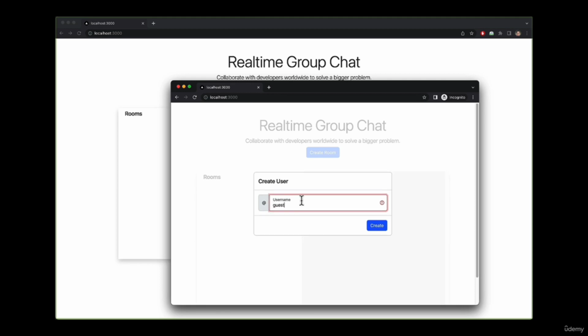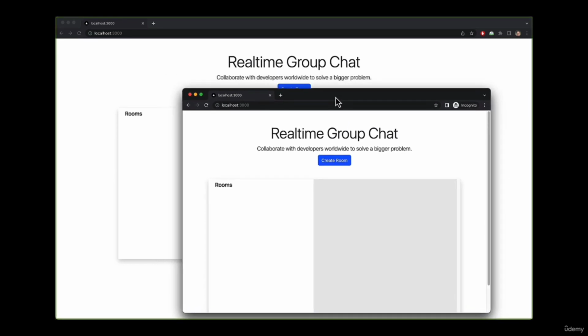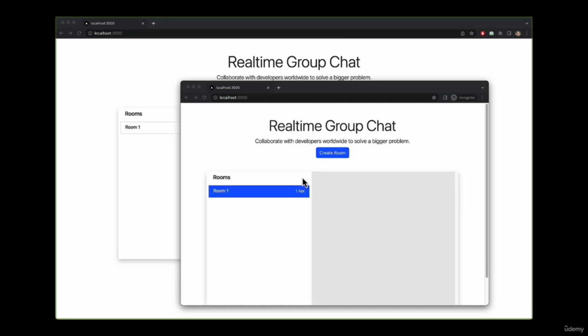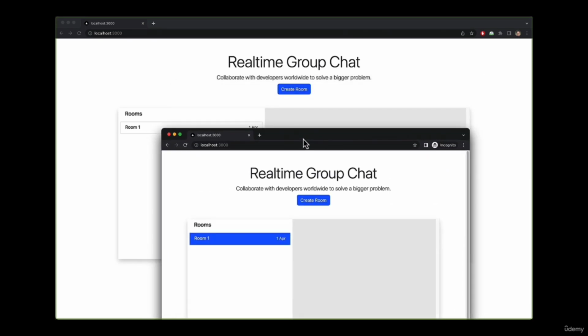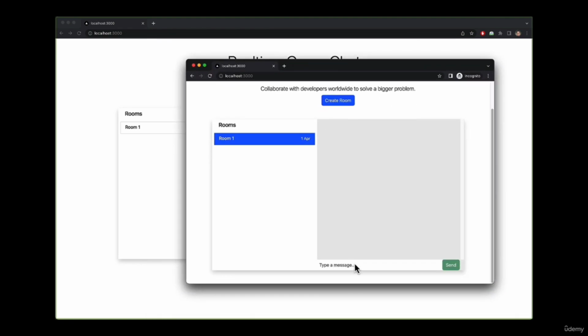So I'm creating a user called guest and click on create. With this, let me create another room first, and we'll call it room 1 and click on create. So we have our room created. It is selected by default on our guest, but it is not selected for our another user. So let's write a message over here and let's say hi from guest